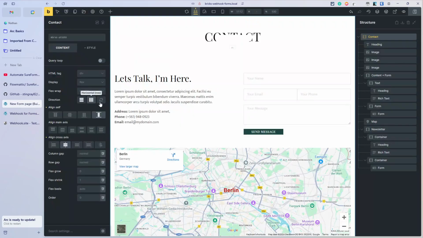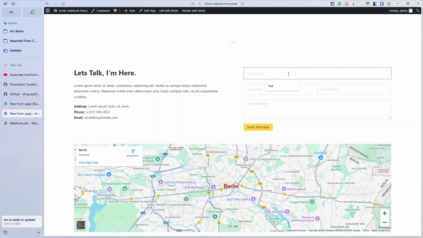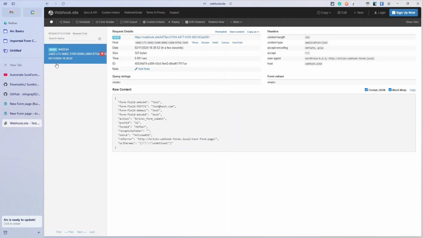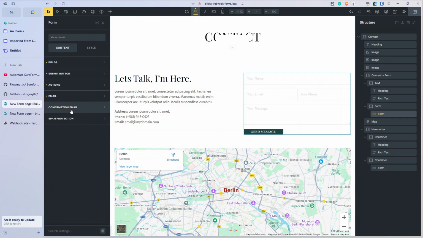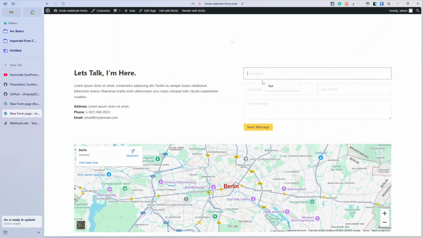So I'm going to go to our new form, and I'm going to now visit that page. And here's our form, and we're going to put our new data back in, and we're going to send. And it's sent via email in this case. But if we go back to our site, we got no hook, and that is because we didn't set it. So if we go back to our builder and click on our form again and check our actions, we haven't got our custom set. So if I now do our custom and go back to our form and do it again,